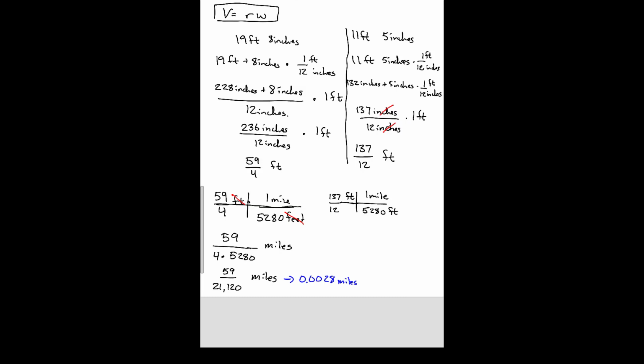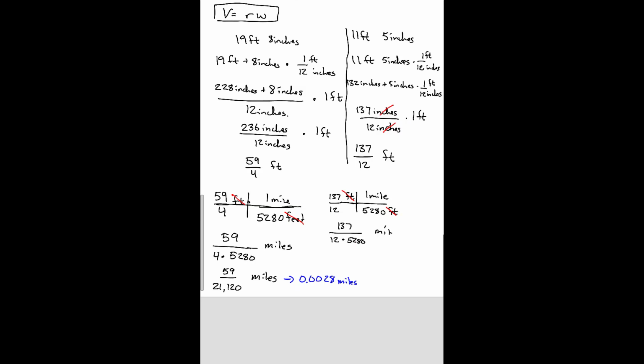When we cancel out our units, feet cancels out. And now all we're left with is 137 over 12 times 5,280, and then we have our only unit, which is miles. So 137 divided by 12 times 5,280 gives us approximately